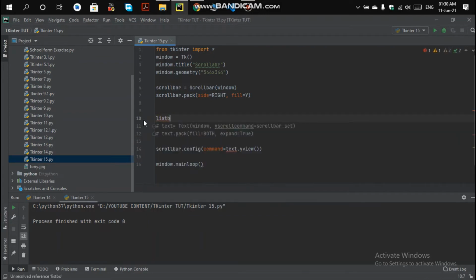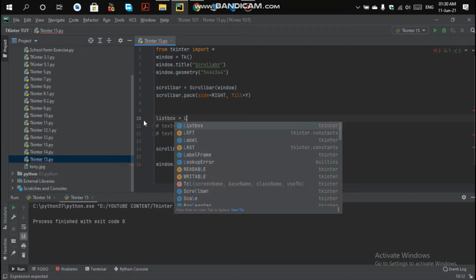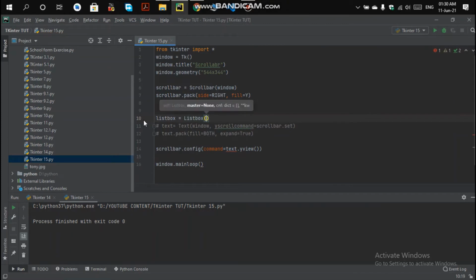So using the list box in root, that's our window here, and give its yscrollcommand.